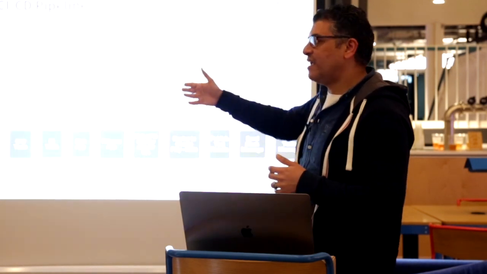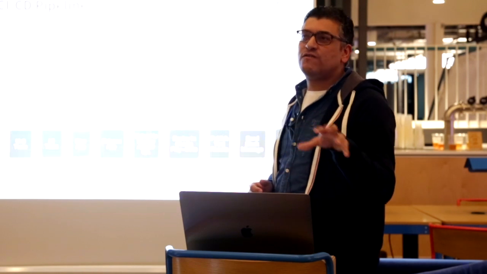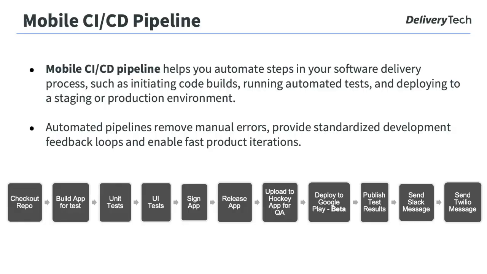We will start by checking out our code repository and building our application for test. If you are using a native tool like Espresso, you need to build two applications: the application under test itself, and the test application, because Espresso converts your test cases to an APK. So at the beginning, you build your test application, run your tests, unit tests from the developers, UI tests from the test automation engineers, and sign the application to be ready